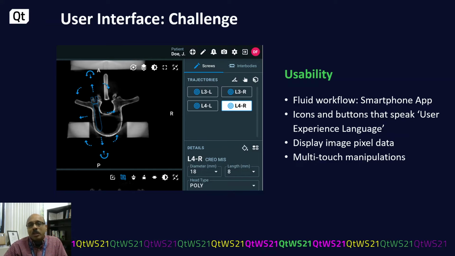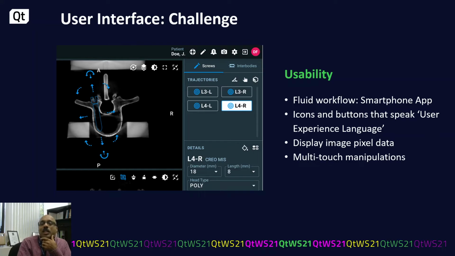We wanted this application to pretty much look and feel like a smartphone app. And again, our focus was to make the surgeons as self-sufficient as possible. In other words, we don't want to send our expert into the operating room every single time to tell the surgeon, oh, now you need to click that button and this is how you manipulate things. We wanted this user interface to be effectively self-documenting in terms of software engineering terms. So to do that, the icons and buttons need to speak a common user experience language. What do the different highlights mean? What does a border mean? So on and so forth.